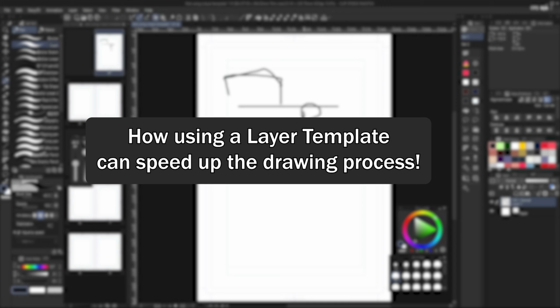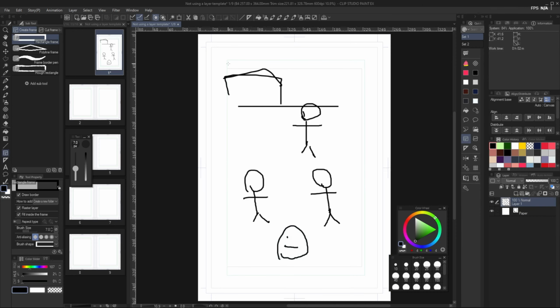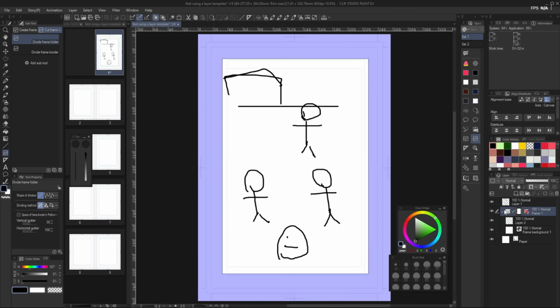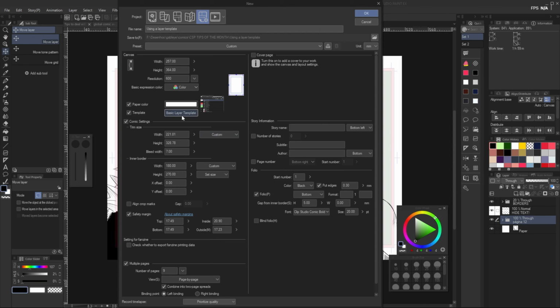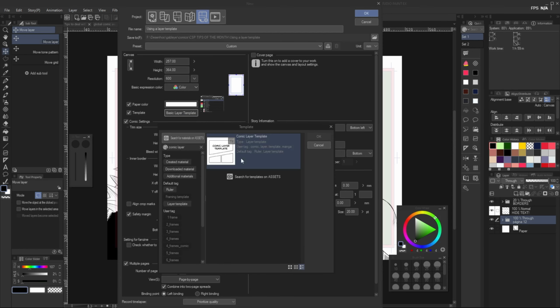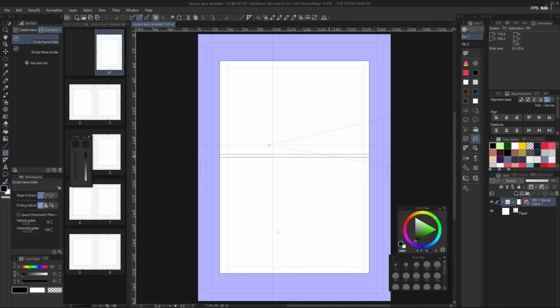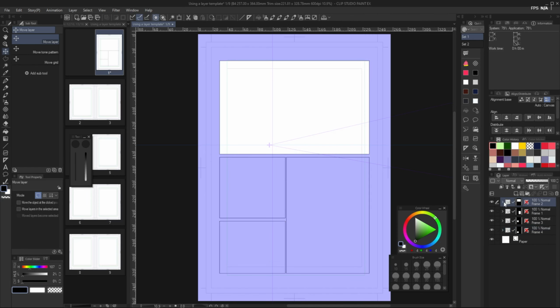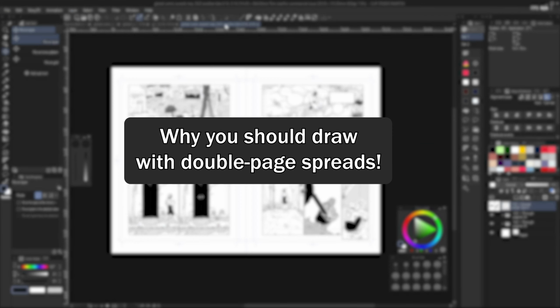Another tip would be about how using a layer template can speed up the drawing process. Now that you know where to draw on the canvas, you can start sketching the pages, drawing the frames, and setting up the layers, and that's a lot of work, right? Well, luckily, CSP has layering templates, which I mentioned earlier, that can be a lifesaver when it comes to streamlining the page setup process. As I said, I left in the description of the video a link to the template I created and used on my comic. The best part of using that template is that even when you divide the frame border, the new frames keep all the template layers.